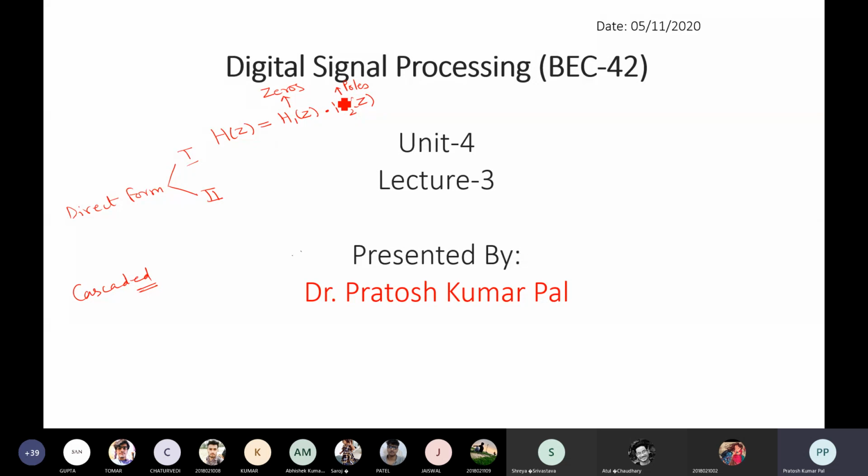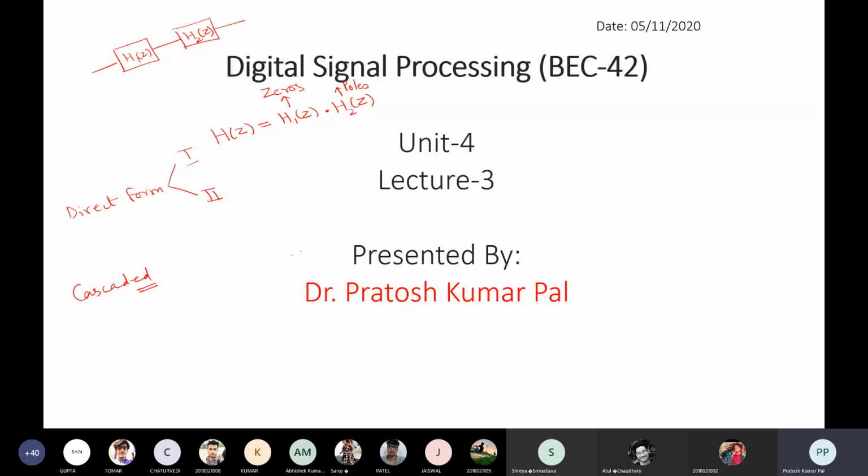So whatever poles are there in the transfer function will be represented by H2 of z, and H1 of z represents the zeros. So first we will have the representation. This will be your H1 of z,